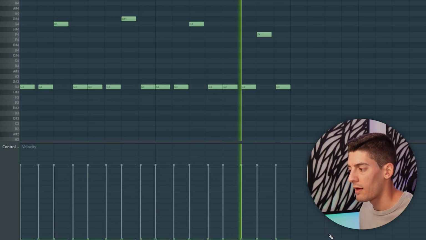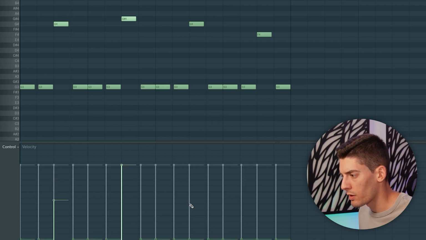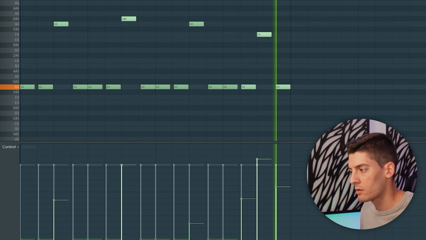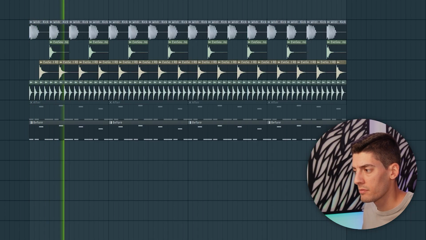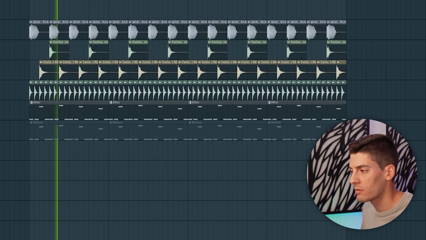If you click shift and then drag, you have the same velocity for all the notes. Like this that we had before, and maybe for example for this one we open it. On this one we open a bit more. Maybe on this one we open again, but not that much. And then here we can open the last 3, for example. So before, without the velocity touching the cutoff, it sounds like this, which is good, but after controlling the velocity,